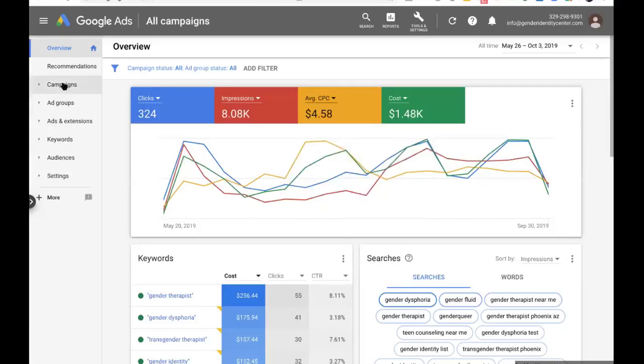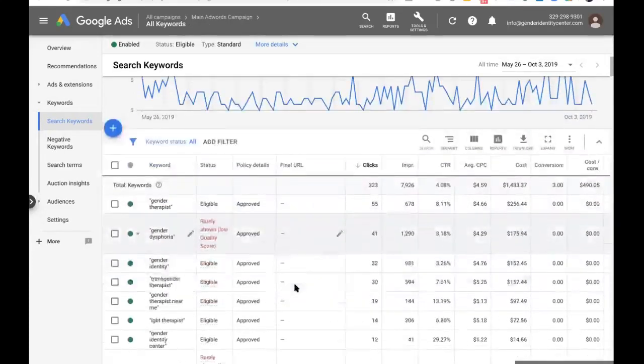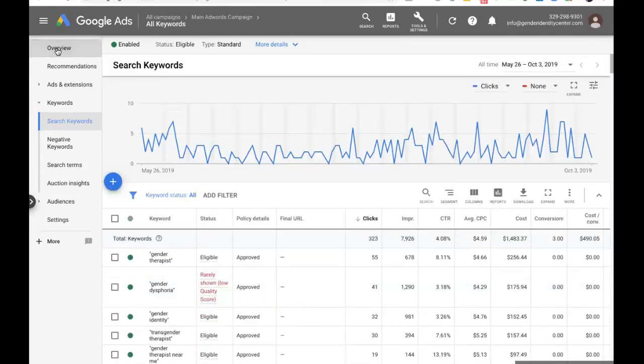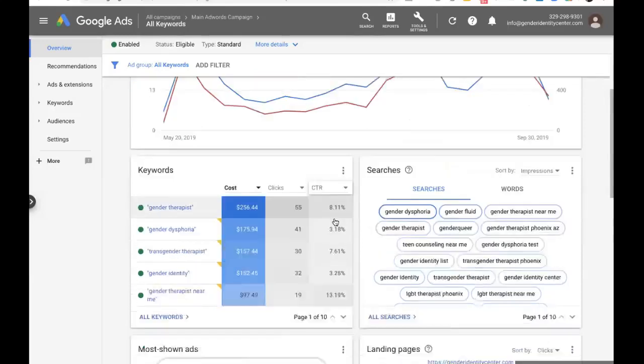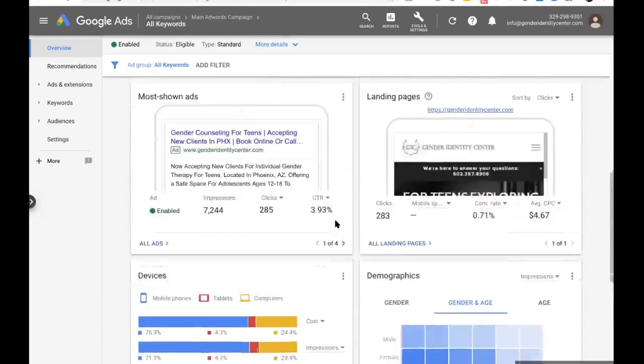You can check out campaigns here. You can check out ad groups, and this has our full list of keywords that I've developed that are being targeted. You can see in the last 4 months, you have about $1,500 worth of ad spend, getting close. All right. And you can see everything: demographics, day and hour.